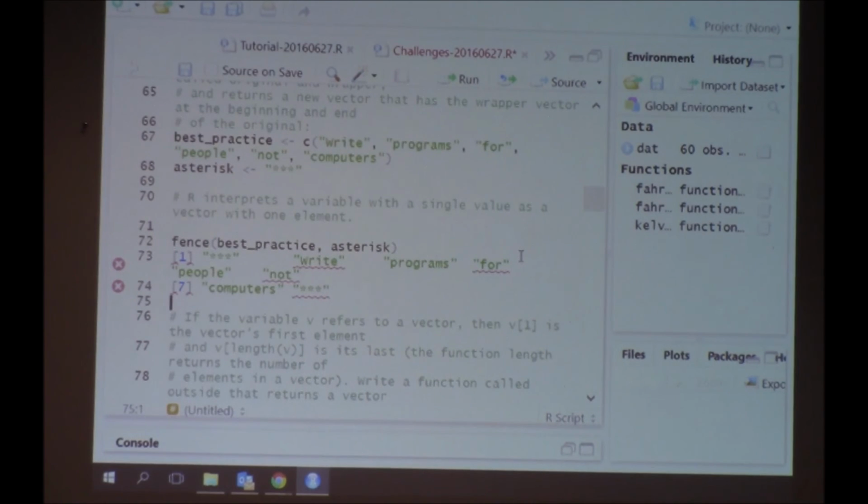So go ahead and write this program, and when you are done, just copy